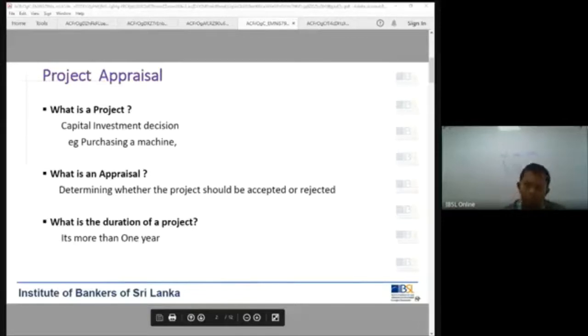Remember that last week we discussed several questions. The number of periods will be decided based on what? The frequency of coupon interest payment. If the coupon interest is paid semi-annually, say the maturity period is 2 years and the coupon is paid semi-annually, then you have to take the number of periods according to the semi-annual interest rate.